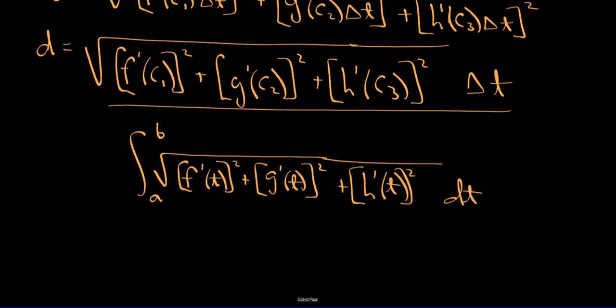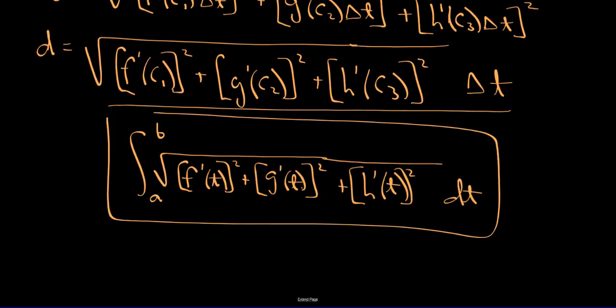This is how we calculate arc length, right? So if you give me something and you give me a starting point and a finishing point, I can tell you the arc length if I have the vector valued function. Okay? Now, this is something that we've done before. Are there any questions about that? This is our formula. Okay, now,